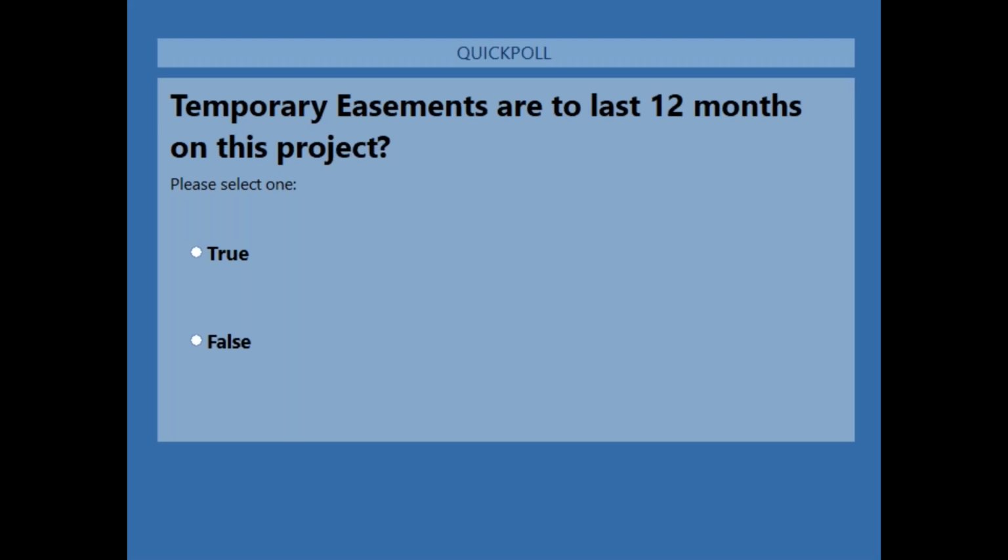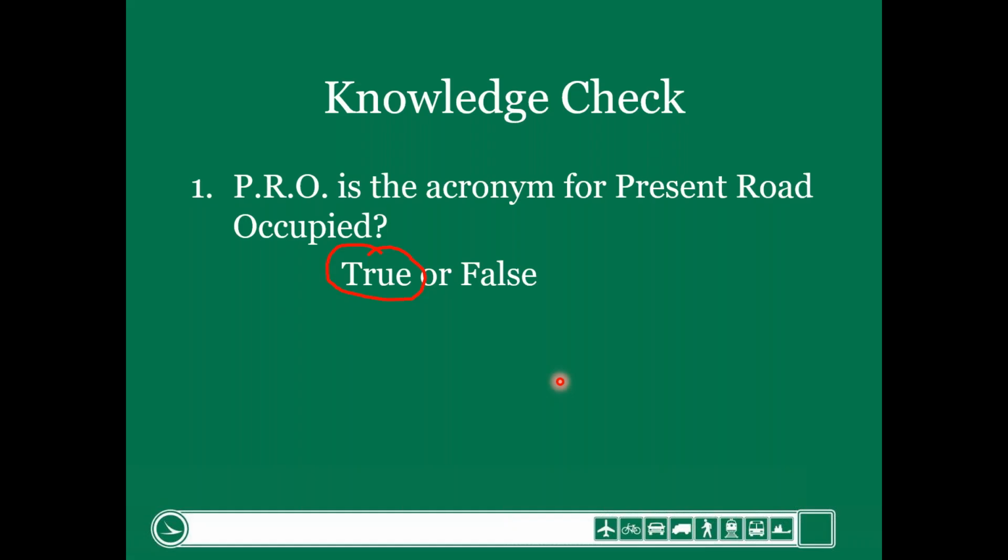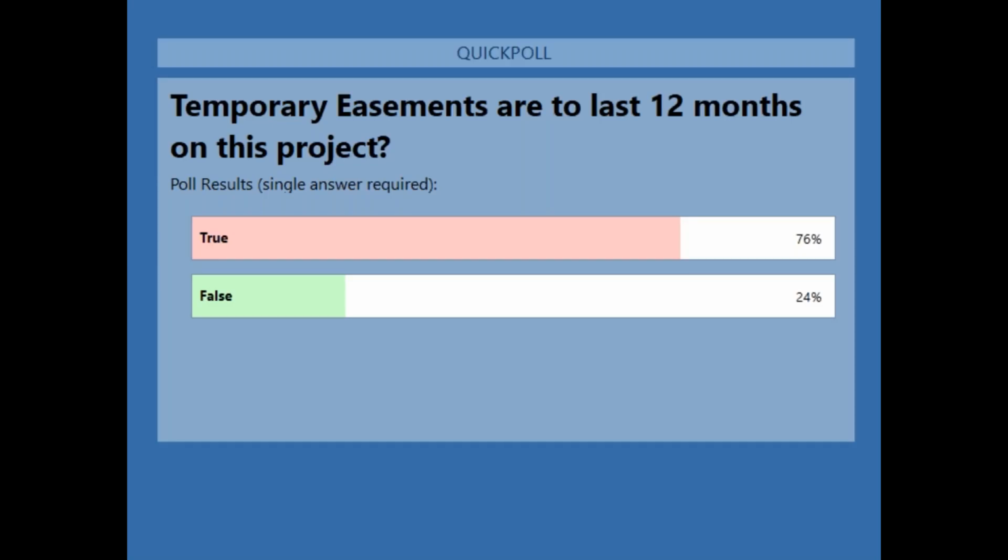And then someone else wanted to know what gross and net take meant again, if you don't mind. Sure. Gross take is the total area we're acquiring. So that could include PRO. Now, in the one example I showed, we're acquiring a fee acquisition, and we did have PRO, we had standard highway easement before. So the gross take would include the PRO and the net take. And what was the second part of the question? Make sure I answer it correctly.